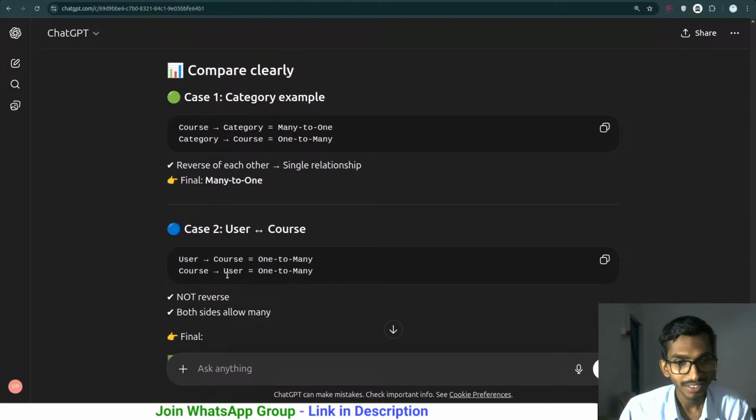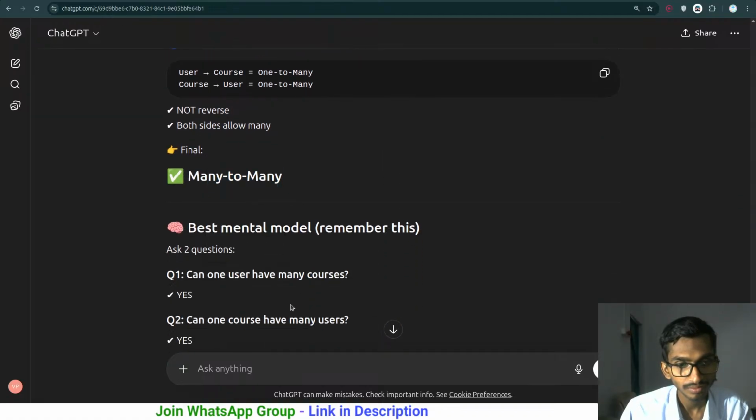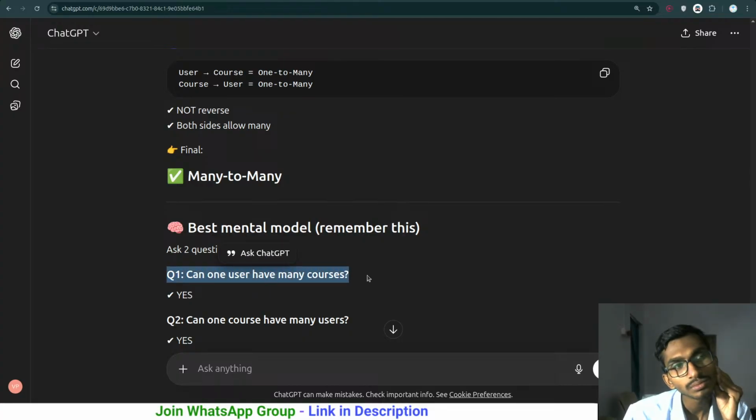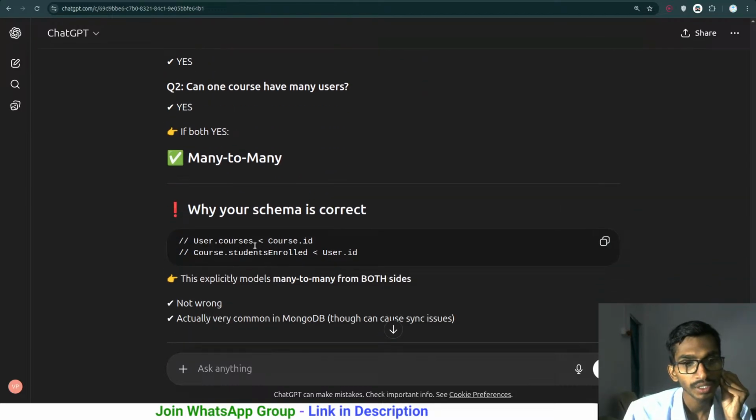User course. So user to course is one to many, course to user is one to many. Not reverse, both sides allow many. Best mental model, remember this. Ask two questions. Can one user have many courses? Yes. Can one course have many users? Yes. If both sides are okay, many to many. Why is your schema correct? My schema, this is